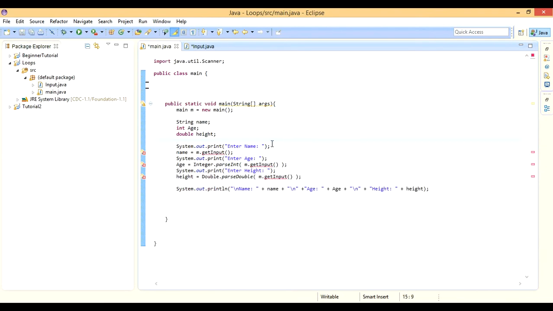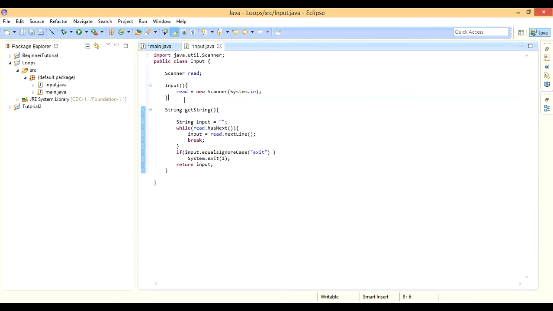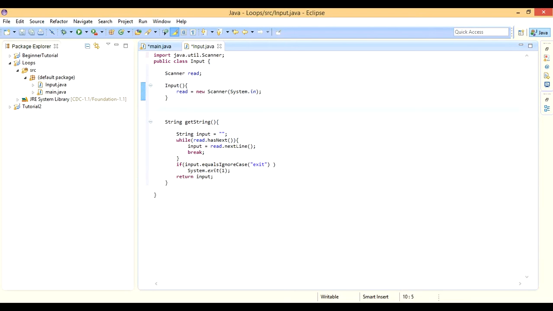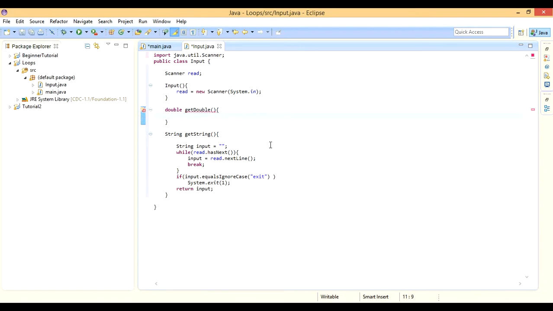Now Eclipse is going to give us some errors for a little bit, but that's okay. We've got a few more things that I want to add. First, I want to create a method that's going to get doubles, which is going to be really easy at this point. We're going to say GetDouble, and then first of all, we'll say,